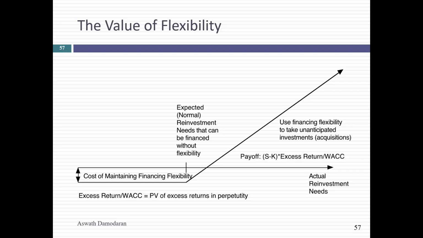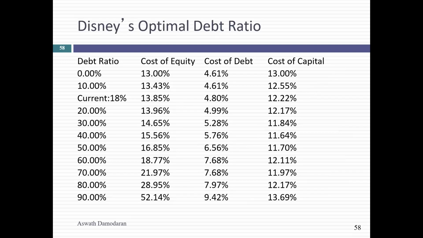If you have excess debt capacity, here's what you hope to do. You hope to take that excess debt capacity and take that once in a lifetime project. So you're preserving excess debt capacity to be able to take that insanely great project. And if you do, you get the net present value of that project, that becomes the upside. Is it possible that that great project might never show up? Yeah, in which case, what have you lost? By being underlevered, you had a much higher cost of capital than you needed, and that becomes the cost to bear.